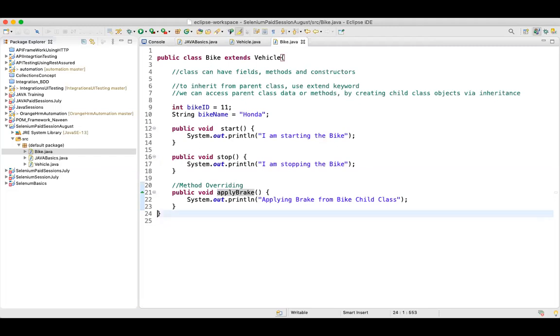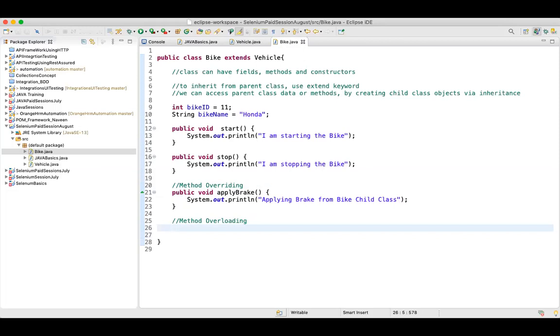Okay. So now let's see the concept of method overloading. And guys, these are the interview questions people ask, that what is method overriding and what is method overloading, right? Because sometimes people get confused about what is method overriding and what is method overloading. So for these things, you should do your own analysis and some studying, for example, overriding and overloading. Okay. Now let's see what is method overloading.